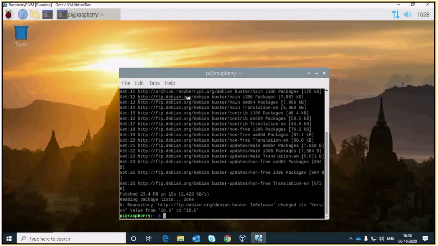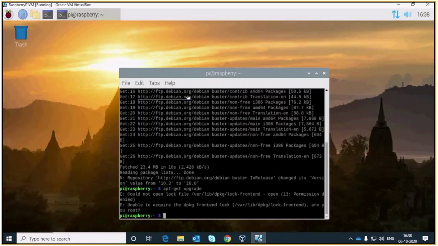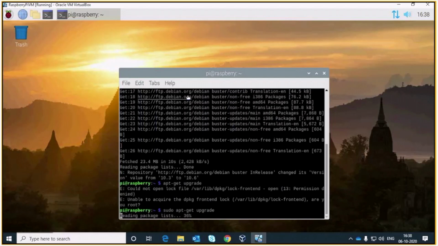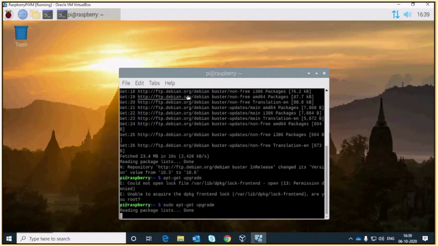There is another command also, which is apt-get upgrade. You have to give sudo. So it will upgrade your Raspberry Pi.